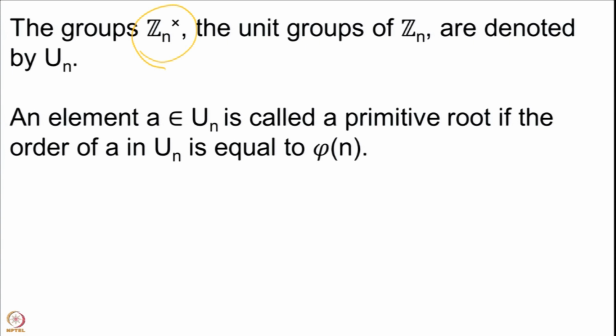These are the groups that we are studying and these are denoted by UN, where n is a natural number, and we want to study when exactly these groups are cyclic. So, there is one thing which we should have noticed, which is that the cardinality of UN, which is also denoted by this symbol sometimes, is nothing but the Euler phi function evaluated on n. So, to say that this group is cyclic means to say that there is an element whose order is exactly equal to the order of the group.